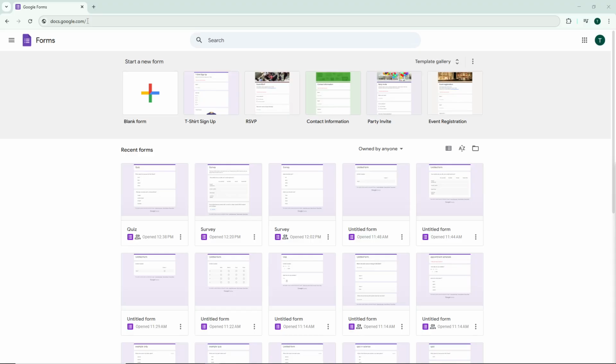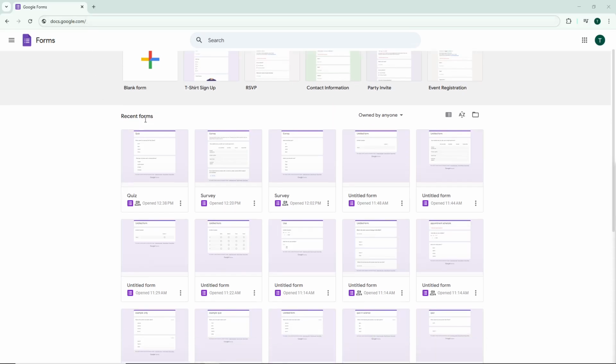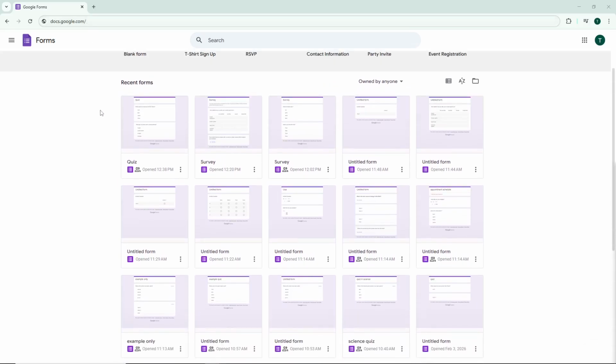After logging in, you'll land on your Google Forms dashboard. Here you'll see a section labeled Recent Forms where all your created forms are displayed. Take a moment to locate the specific form that contains the responses you want to delete and click on it